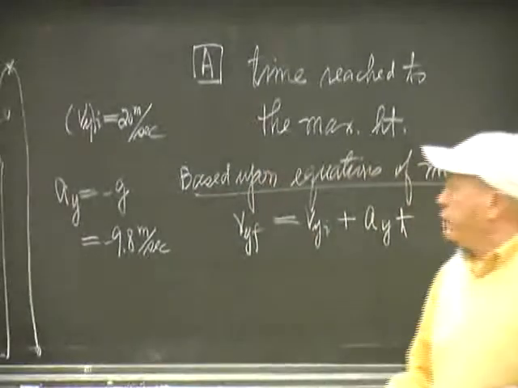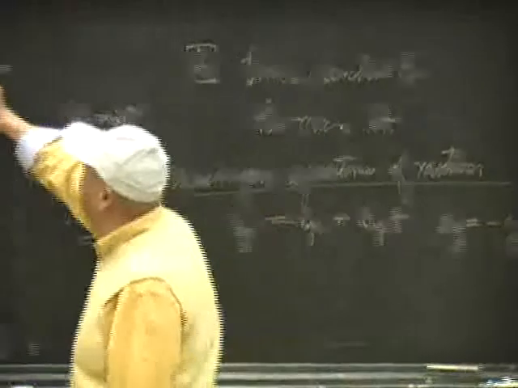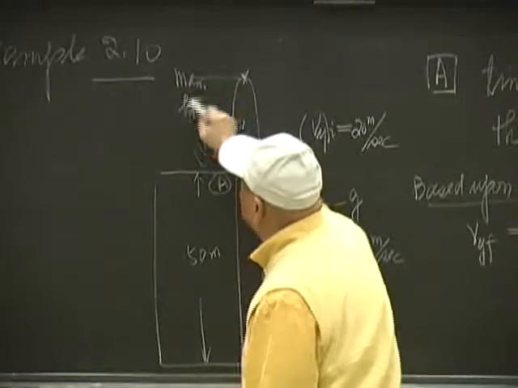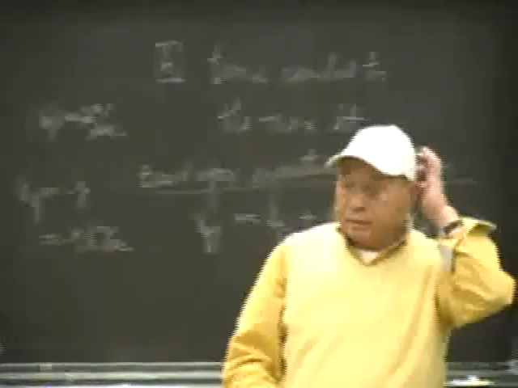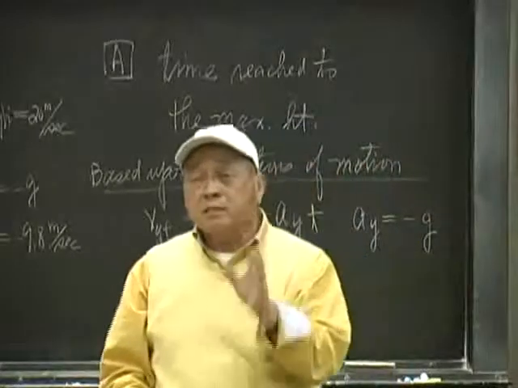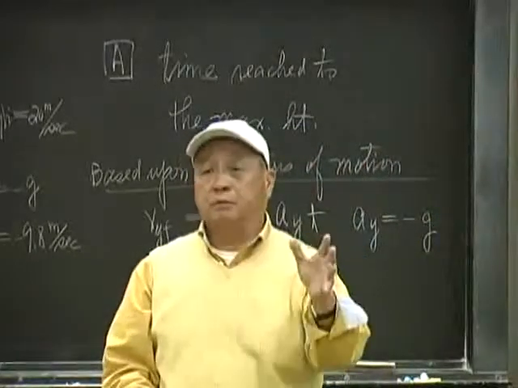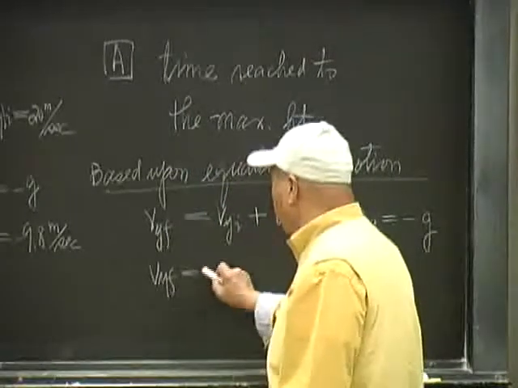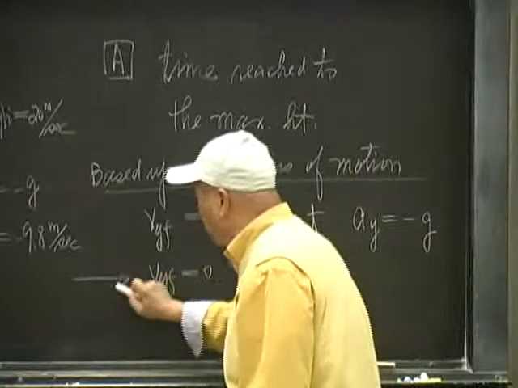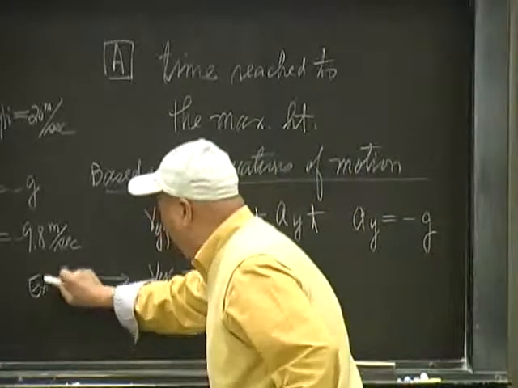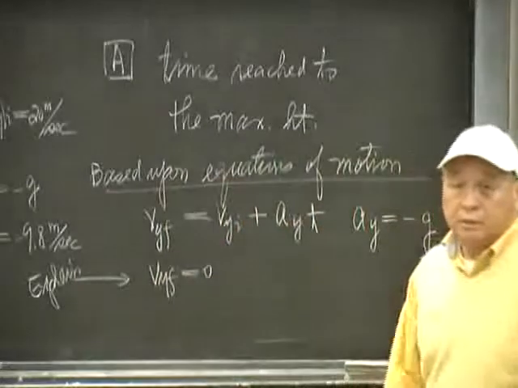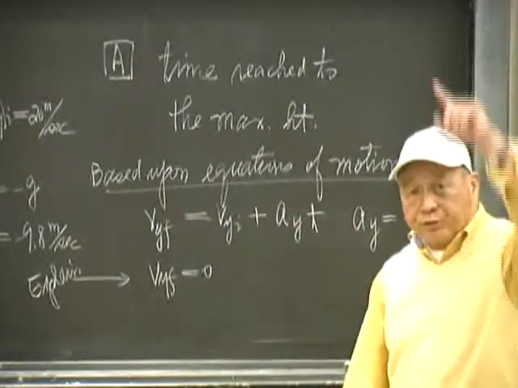The characteristic of this, when it reaches the maximum height, the critical point at the maximum height is what? The instantaneous velocity is 0, in which case v y f equal to 0. So you have to make the explanation of that. Why explain why v y f equal to 0? Because it reached the maximum